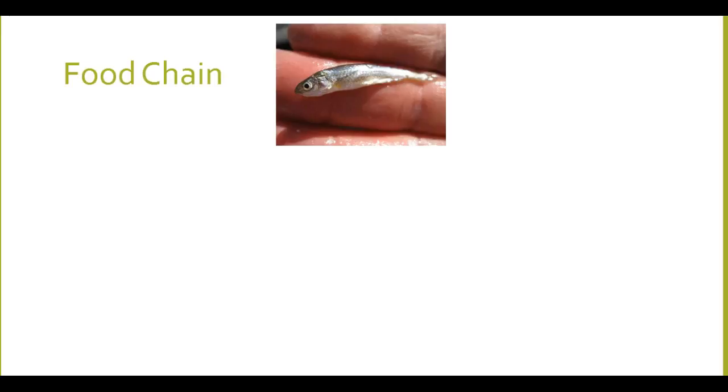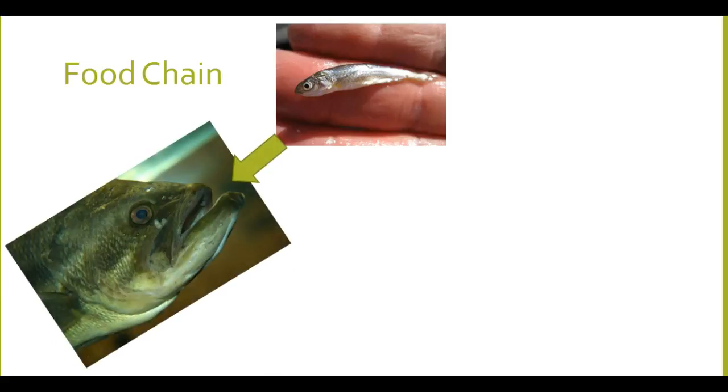So let's say we're looking at a lake ecosystem. Here's a small minnow. This minnow is going to eat tiny bugs, tiny organisms in the bottom of the lake. In many cases, fish eat things that are smaller than them, so that's pretty safe to say. So the energy from the creatures that it eats goes into its body. From there, the smaller fish is going to be eaten by a larger fish. Let's say a walleye, a largemouth bass, for example, would eat the minnows.